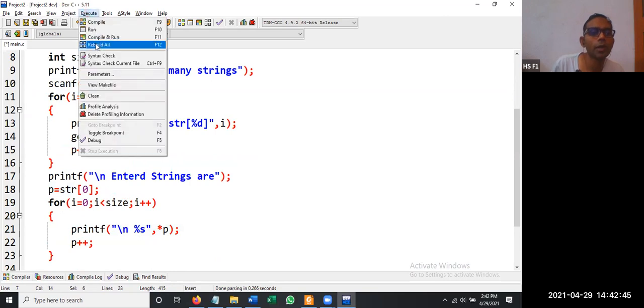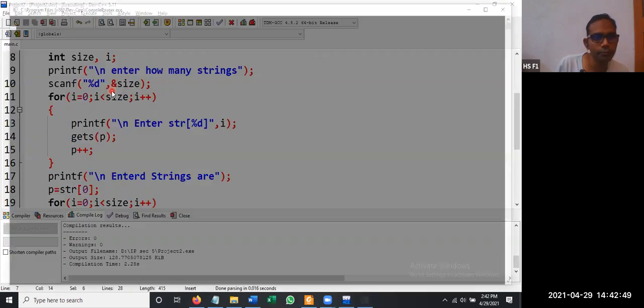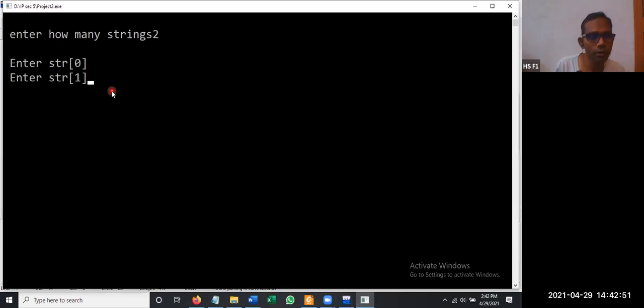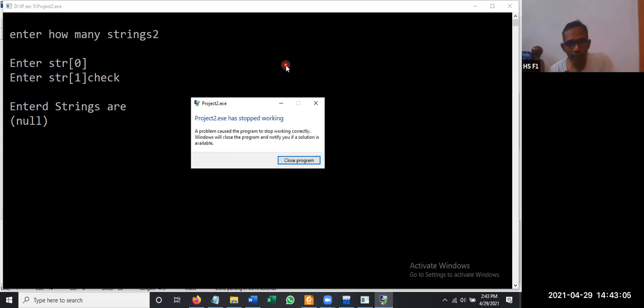Execute. Let us execute the program and see whether we are getting the output or not. Is there any error? Two strings. Check. Something went wrong. It has stopped. So this is the first time we have written a program and Dev has hanged.